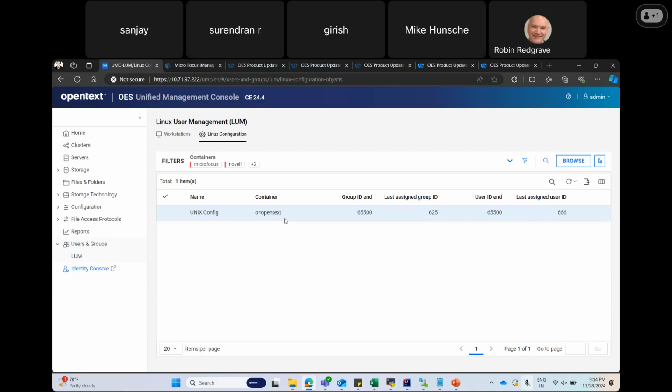So I think at the moment, how many? Okay, so Mike has a question here. Yeah. So I think this is okay. This is probably a trick question that Mike is trying to ask. So can you guys please tell me how many configurations you're going to see when you go to this page in your environment? Can somebody guess that? So the Unix configuration typically is a general configuration. Right. So we have one that is